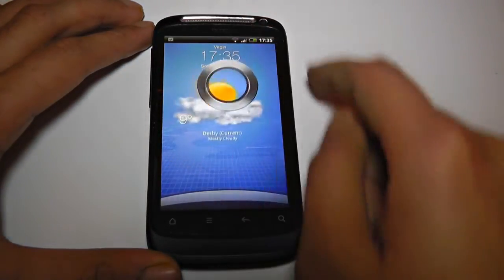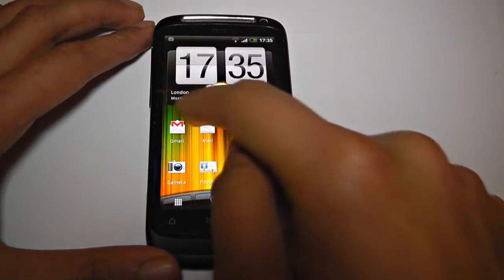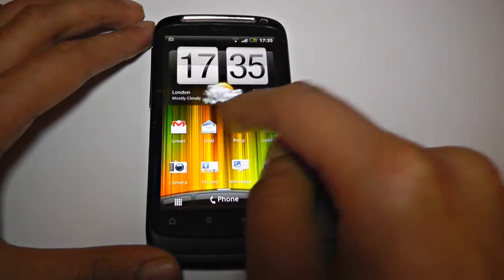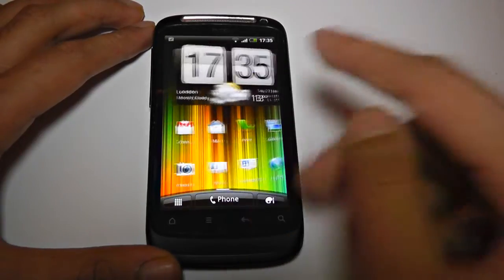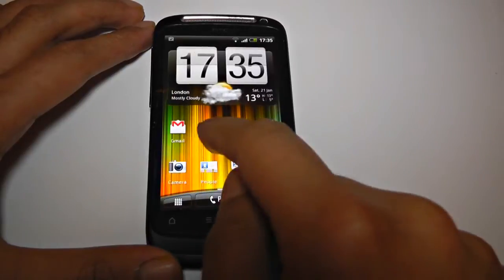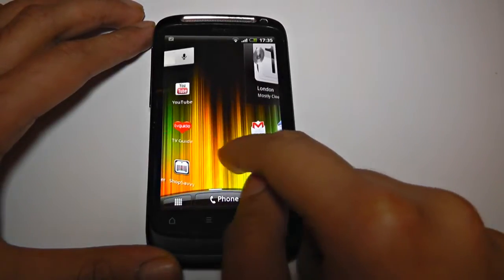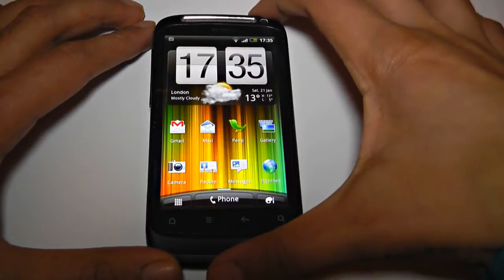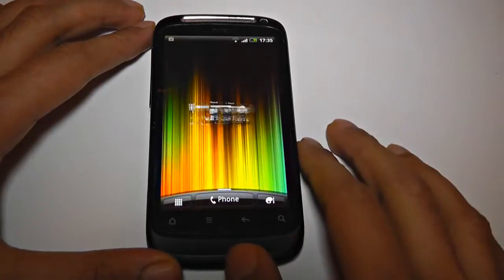So let's unlock the phone. Okay, and as you can see right here, the square animation remains, and it's not as bad as I thought, but I still would like the option to change the screen animation to regular left and right, or to this, something HTC should address in the future. Now let's just show you that again. If I unlock the phone,